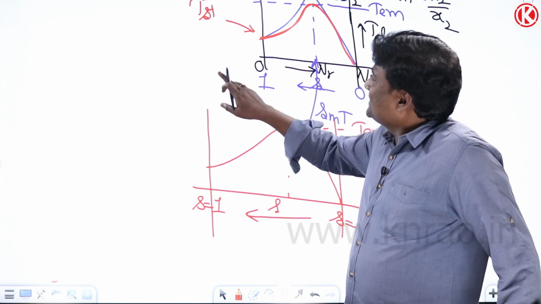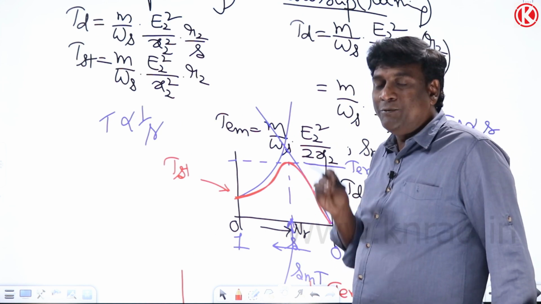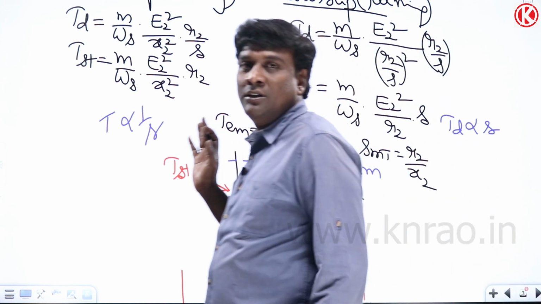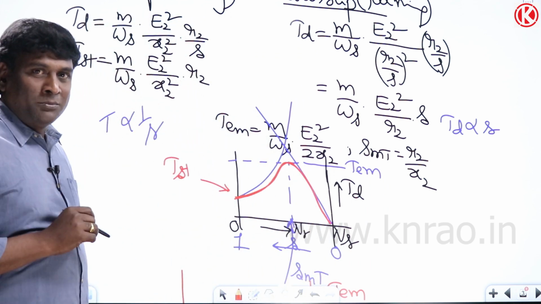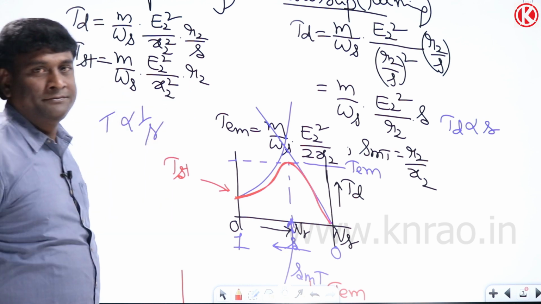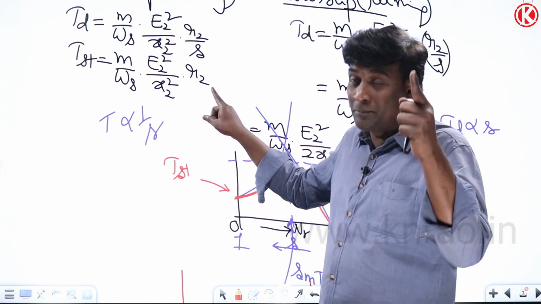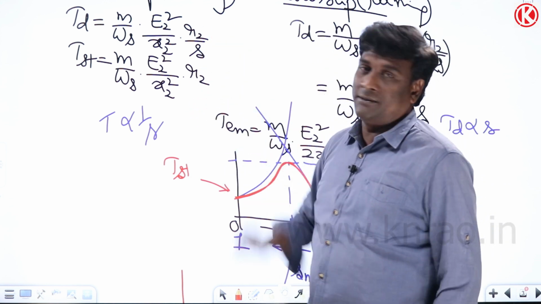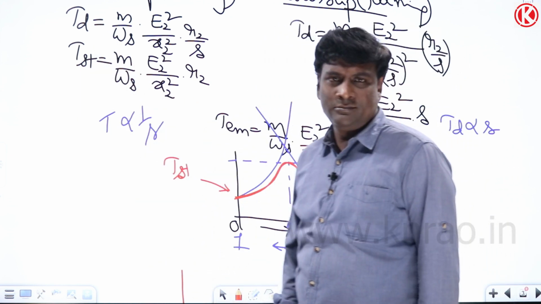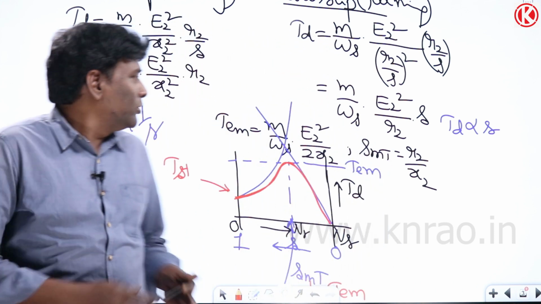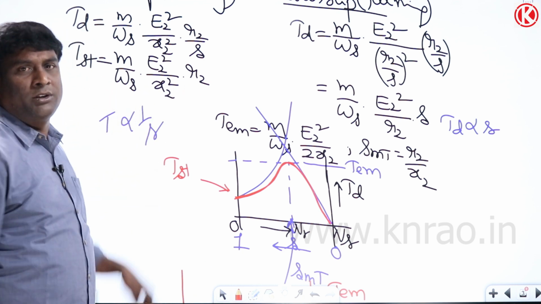Now see here, this is the starting torque equation, because you should get this clarity. Without this clarity, if you attempt the question, you can ruin the paper. So see here, for example, rotor resistance is doubled. I repeat, for example, rotor resistance is doubled. Focus here, please. If rotor resistance is doubled 2 times, how much will be the starting torque? 2 times. So when rotor resistance is doubled, starting torque will be doubled as per this equation.